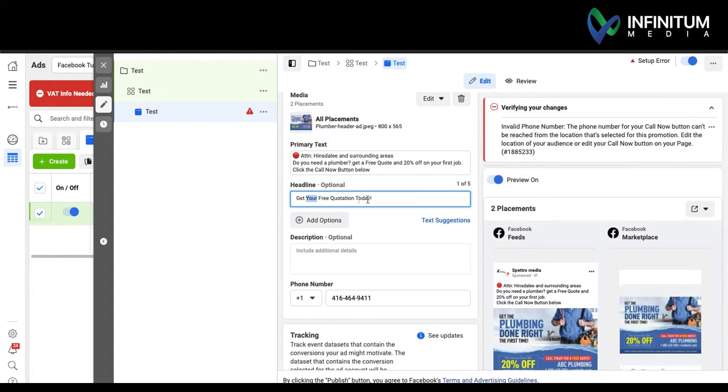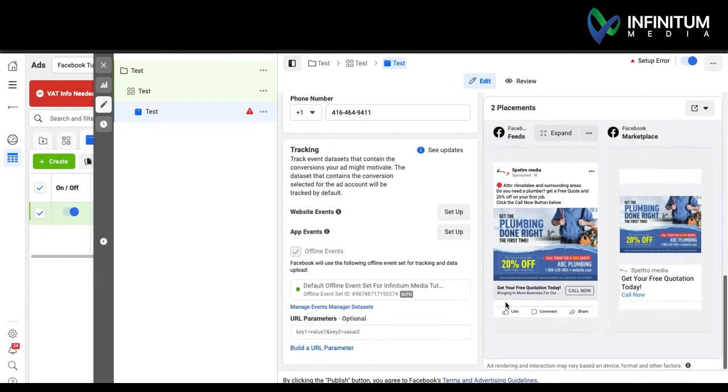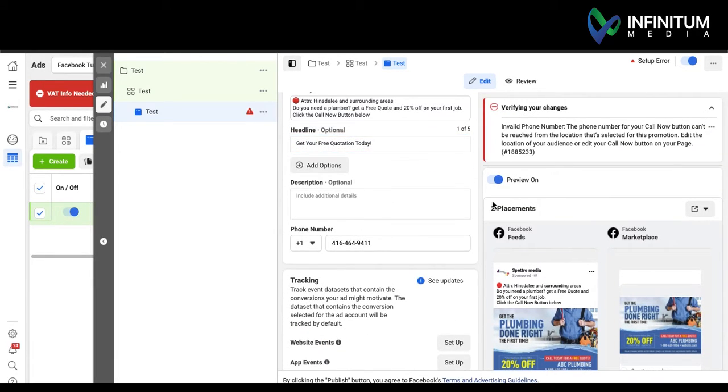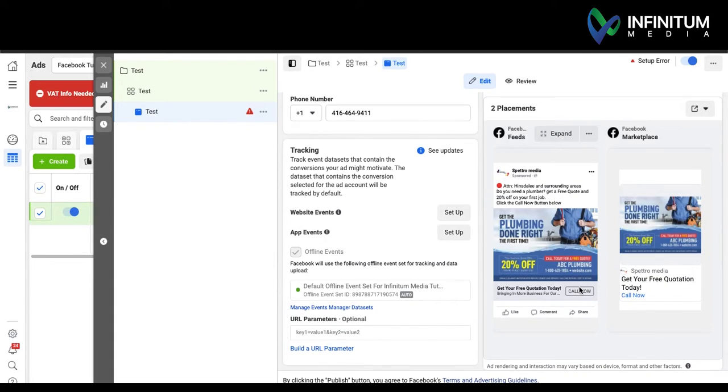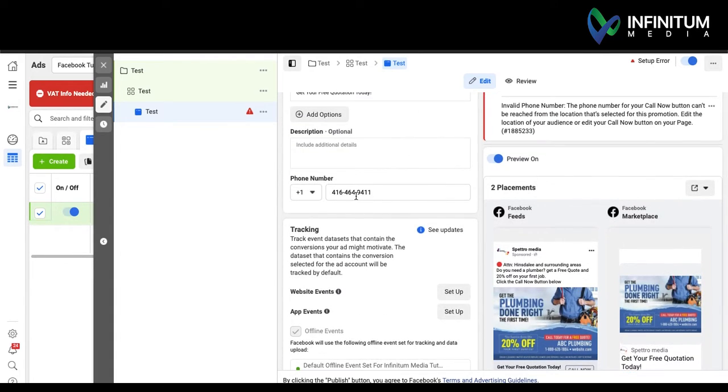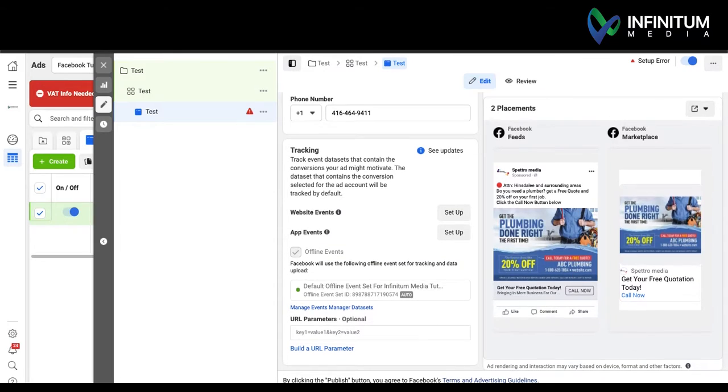And here the headline should be get your free quotation today, and that's your headline here. Okay, that's all you have to do. Your headline needs to be something free, so it increases their curiosity. They click it. More clicks we get, more calls we get, more calls we get, more customers we get. And obviously enter your phone number here. I've added a dummy phone number here, so anyone who clicks call now, it's going to make a call to this number. So now once you're done, you just publish the ad and it will start running for just $5